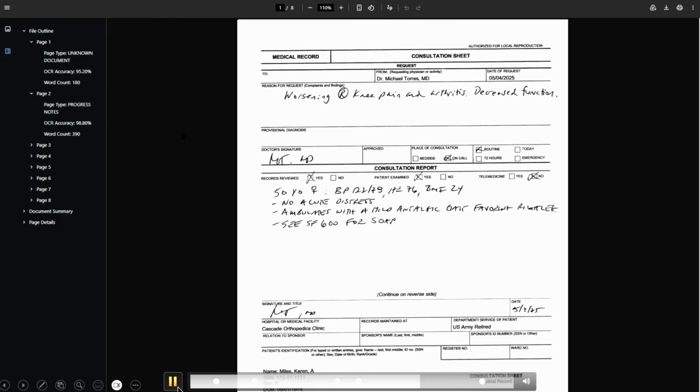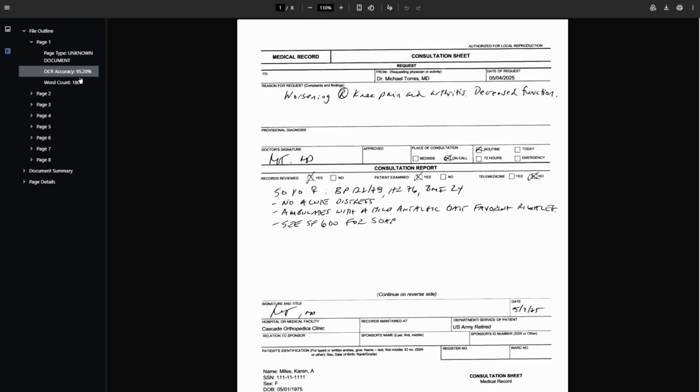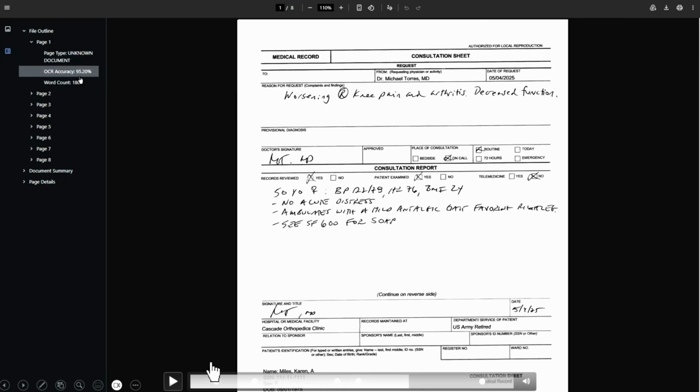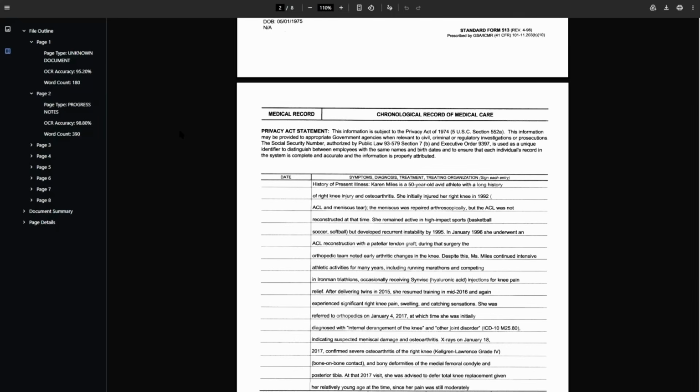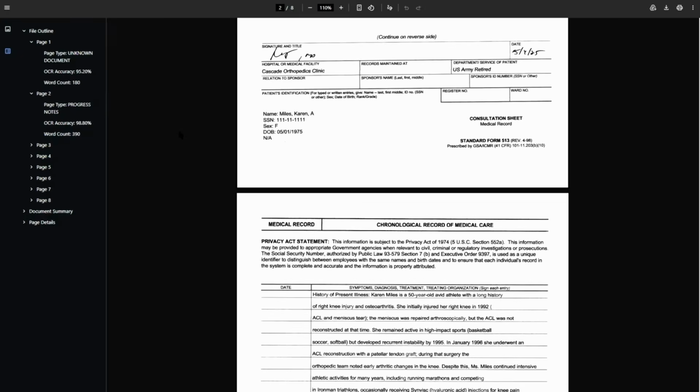And we create bookmarks, which I am showing here. There are a lot of different details here. You can look at the OCR accuracy if you're interested in that. In this example, it shows the OCR accuracy is around 95%, and that's because we're looking at a handwritten document. If you look at one that's printed, you get a much higher accuracy, closer to 100% here. So that's using this printed version.